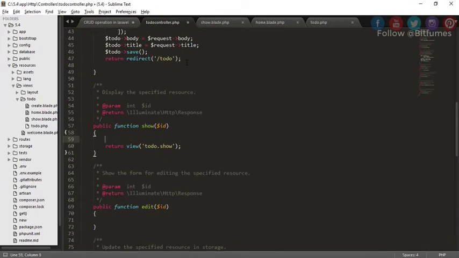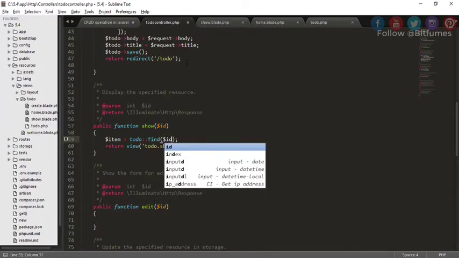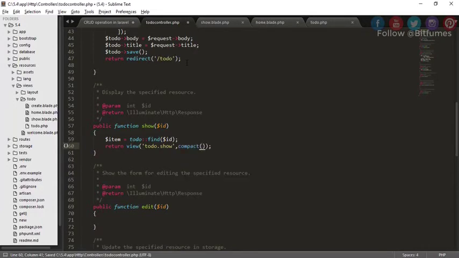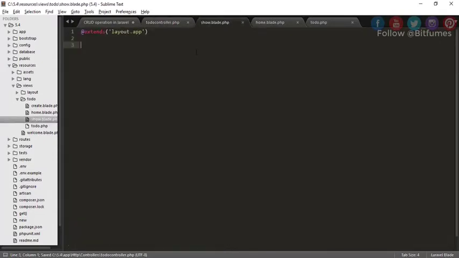So for that, we will type item, and for that item I will say todo find, find with this ID, and just pass this with the compact method.